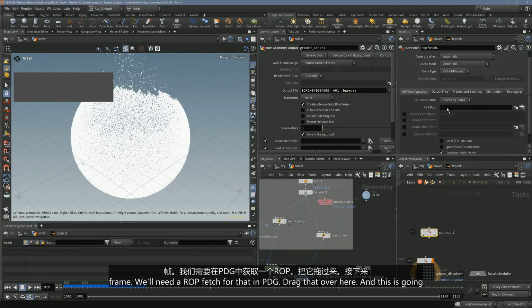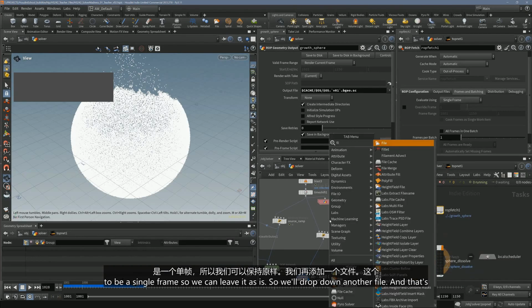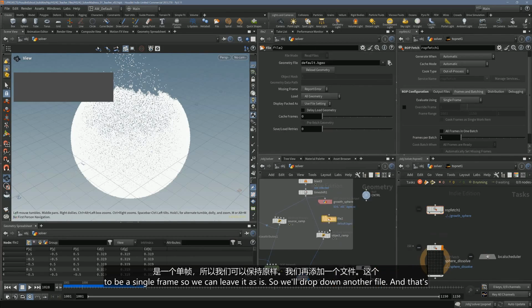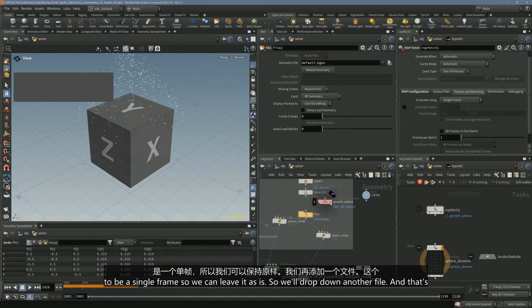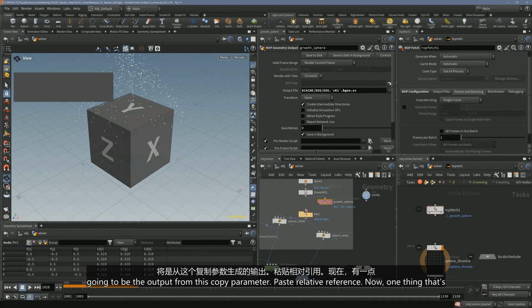Can drag that over here. And this is going to be a single frame, so we can leave it as is. So we'll drop down another file. And that's going to be the output from this. Copy parameter,